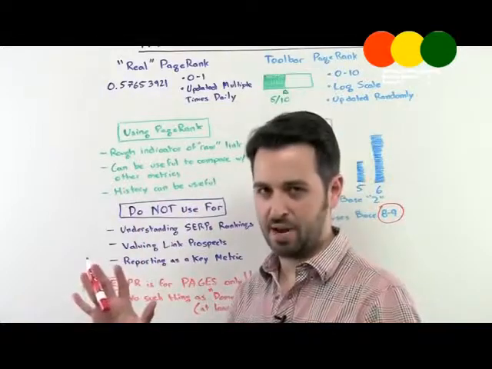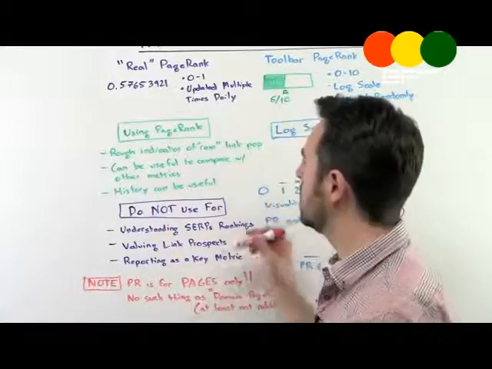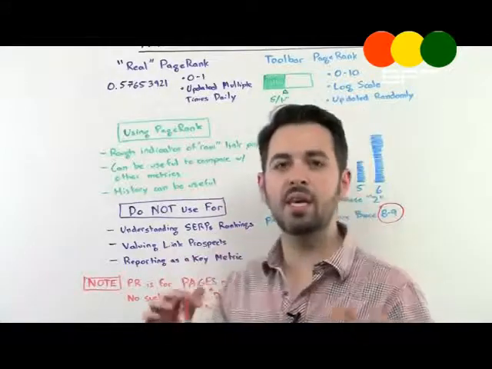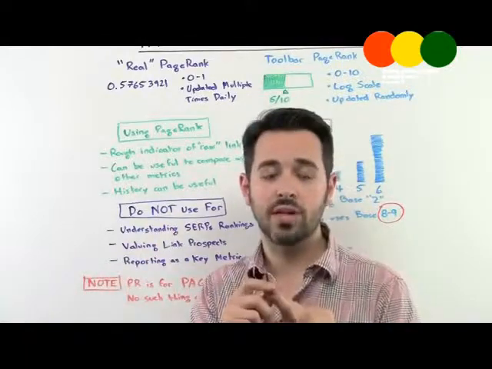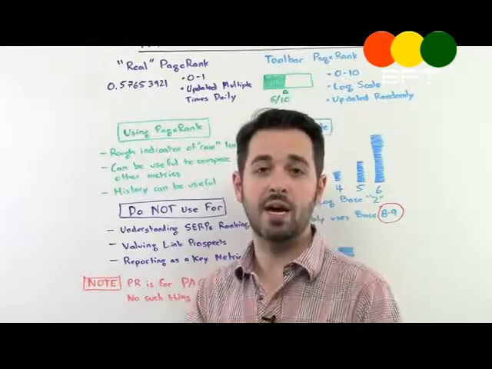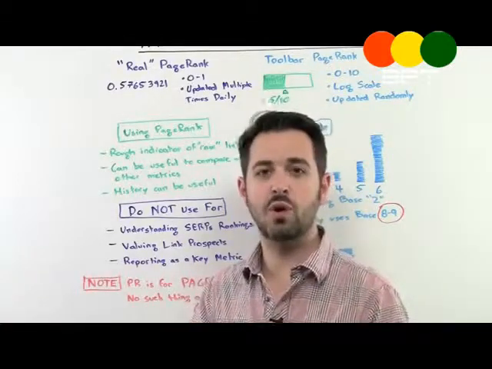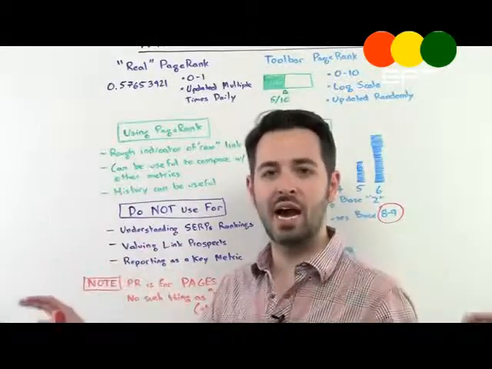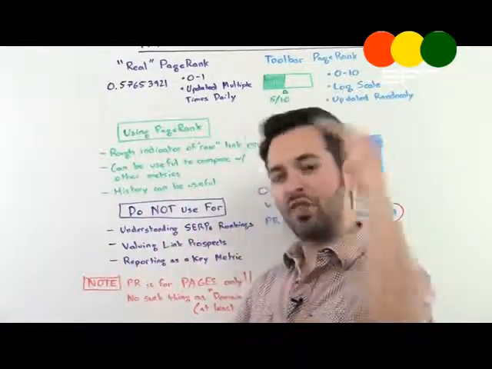So all of that theoretical stuff in mind, let's talk about actually using PageRank, where you should and where you shouldn't. So PageRank is useful as a raw indication of link popularity, meaning that PageRank doesn't take into account anchor text. It doesn't take into account whether the sites are related to each other. It doesn't take into account whether some of the sites maybe have been flagged for spam. It doesn't take into account whether the page is relevant to the actual search query. All it says is, in terms of the raw link popularity, how many pages are pointing to this and how important the pages are that link to this,